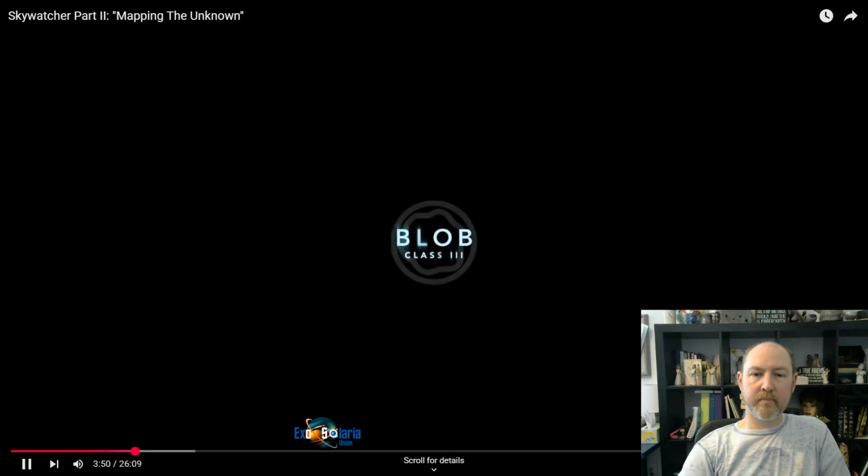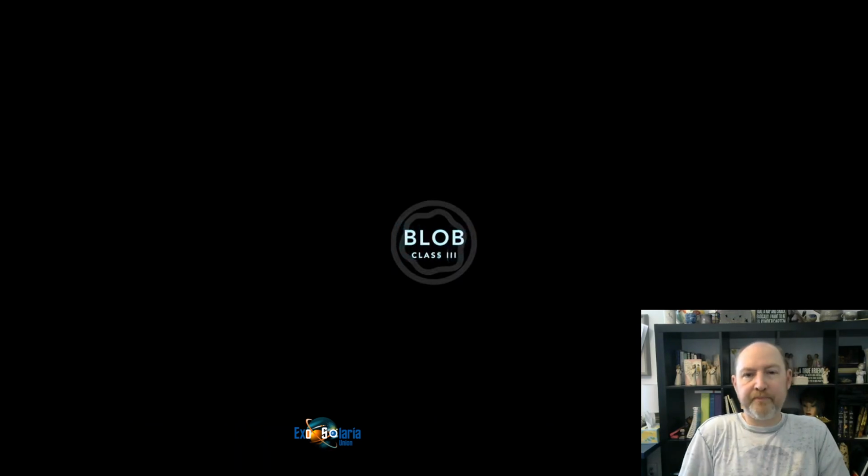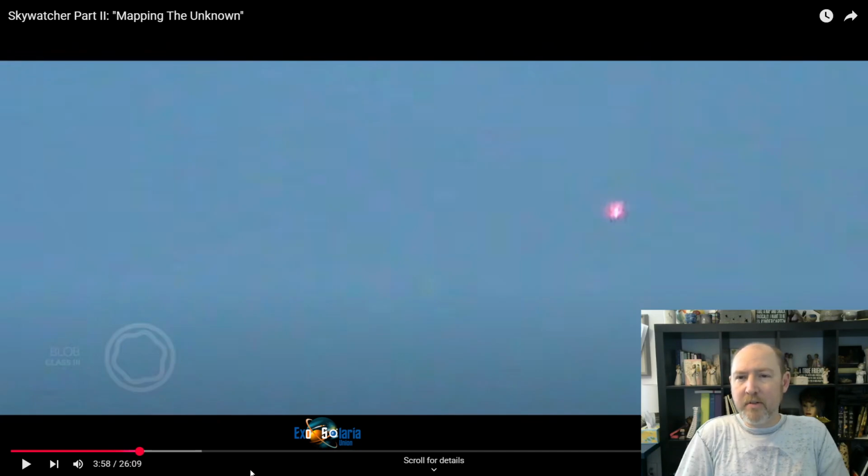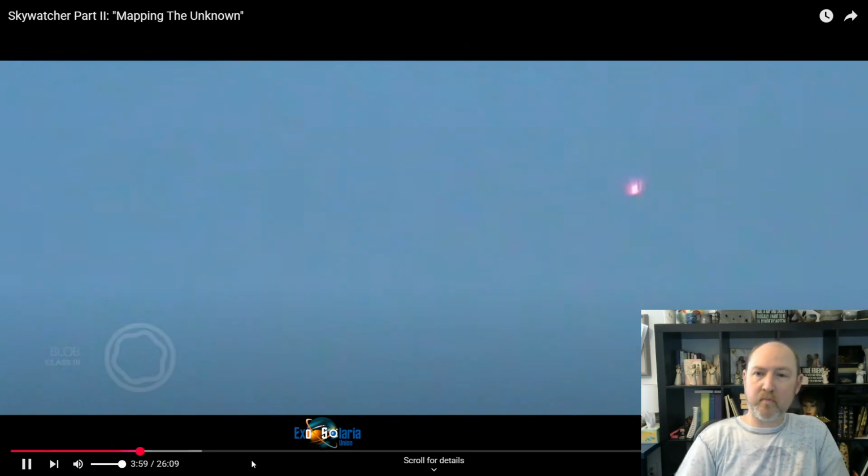The Class 3, the blob, a pulsing, vibrating cloud. There's something, maybe perhaps a cylinder kind of in the middle that has a different light like a flame. Wow, look at that. It's an interesting blob. Interesting pinkish, reddish, whitish color. Interesting. And then it vibrates and pulses as it moves through space.